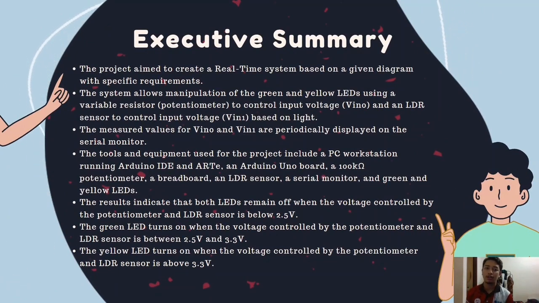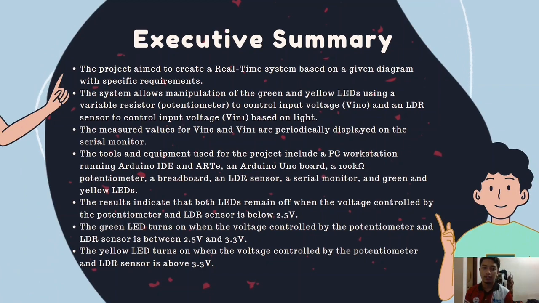For the first point, we aim for our project to create a real-time system based on the diagram from the mini project. The system allows us to manipulate the green and yellow LEDs using the variable resistor, that means to control the power voltage, and the LDR sensor to control the input voltage Vin based on the light. The measurement values for Vin0 and Vin1 are displayed on the